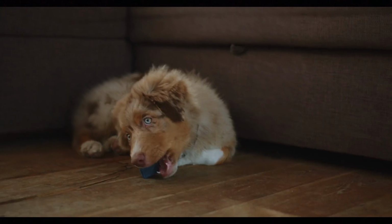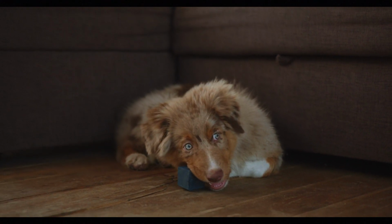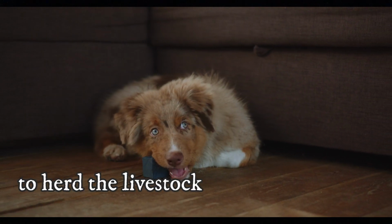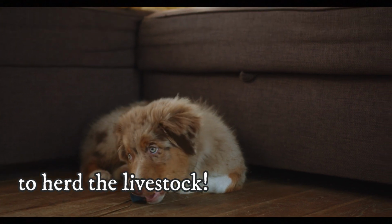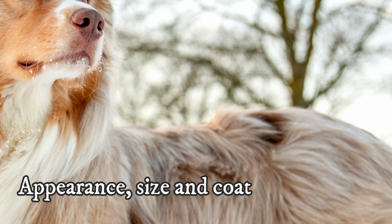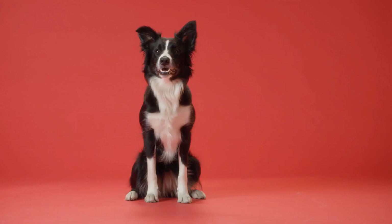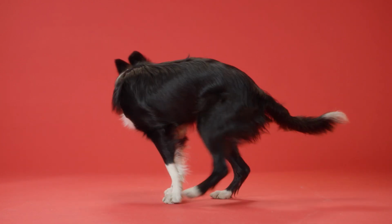Both breeds are relatively young, developed in the 18th or 19th century, and they were both developed for the same reason, to herd livestock, but they are not related. They do not share ancestry with each other. It can be hard to tell an Australian Shepherd and a Border Collie apart. They just look similar, at least at first sight, but there are some ways to tell which one